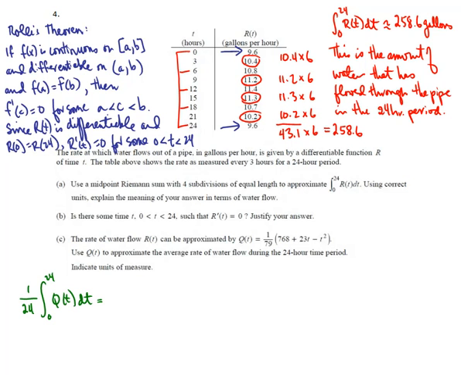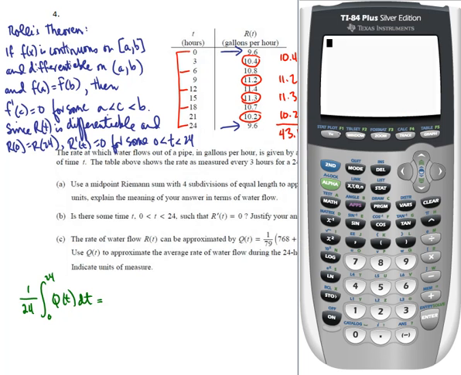We're going to bring up the graphing calculator and set up the function q of t. So we have 1/79th times the quantity 768 plus 23x minus x squared. And we'll want to take the integral of that from 0 to 24 and divide the result by 24. So we go to math, fn int, and y1 comma x comma 0 to 24, divide the result by 24, and we end up with